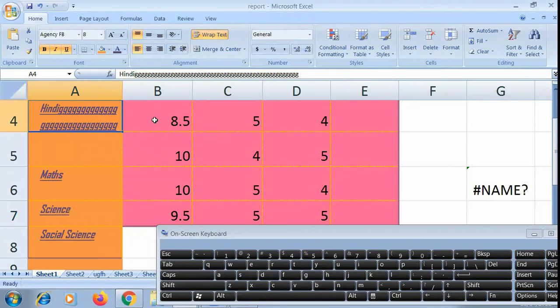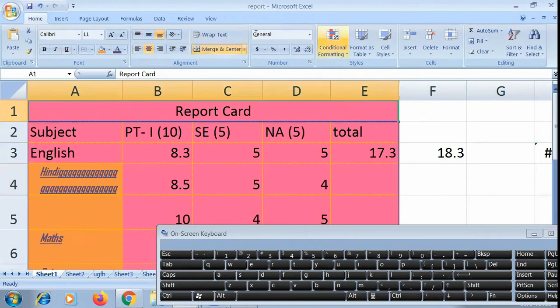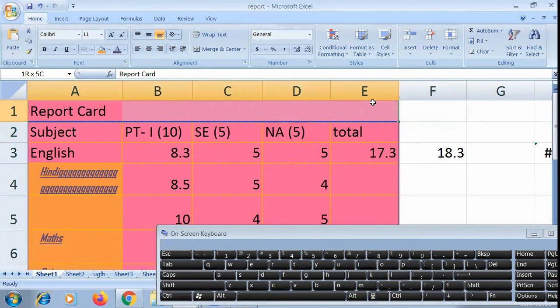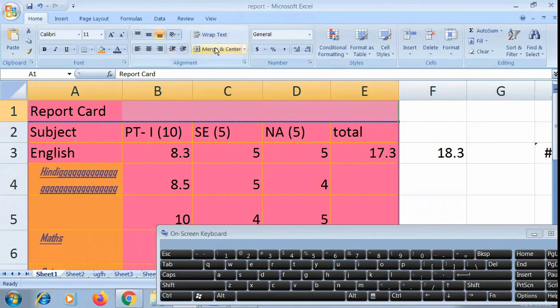Okay. Now merge and center. The merge and center option helps to convert a number of cells into a single cell. You can see there are 1, 2, 3, 4, 5, 5 cells here, but the text should appear in the middle. For that we need to merge them. We will select them and give the merge and center option so that these cells are converted into a single cell.